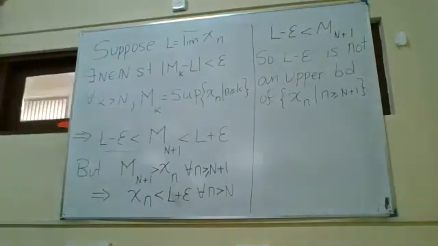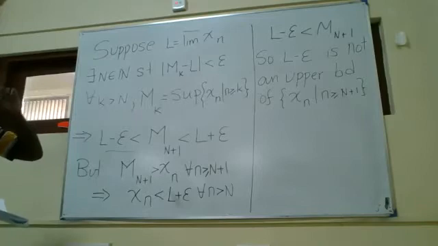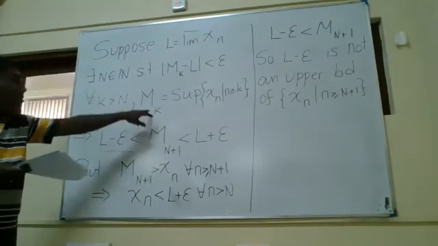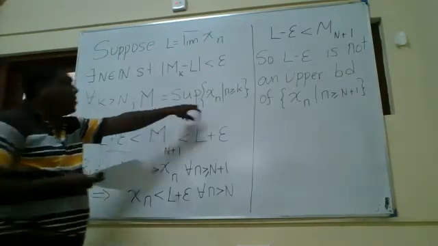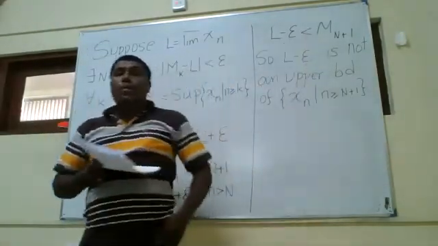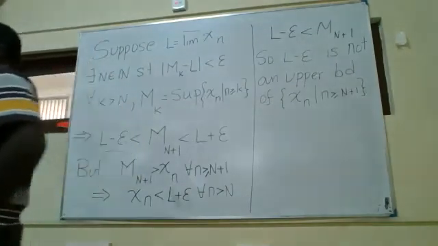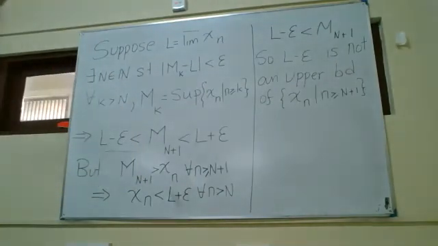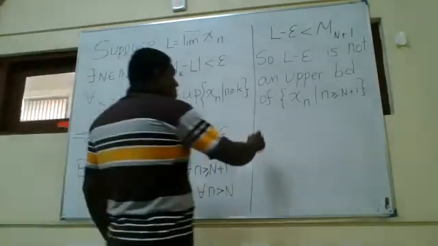Okay. So this is again something we studied from chapter 1, right? Because mn plus 1 is the supremum of this set, right? But you have L minus epsilon less than the supremum. So clearly it cannot be an upper bound, right? So L minus epsilon cannot be an upper bound for this set, right? So if this cannot be an upper bound, then